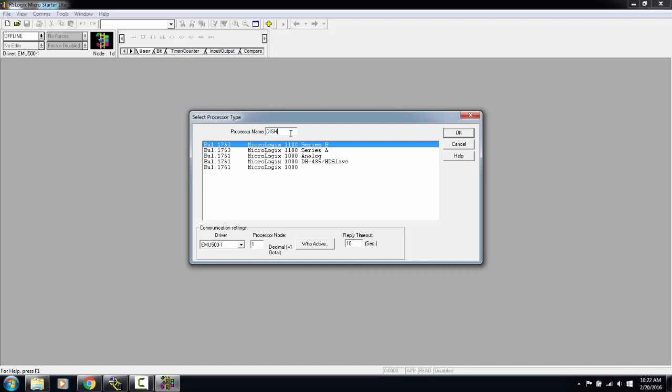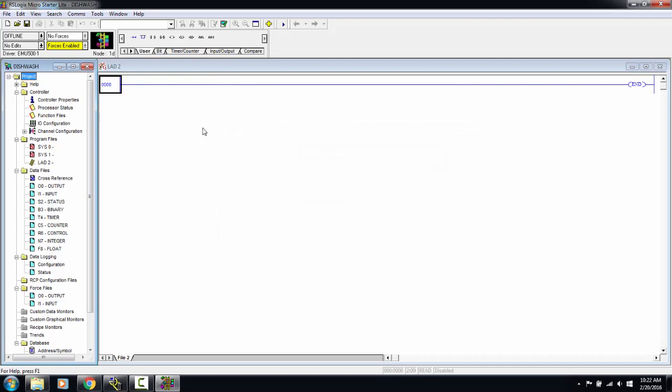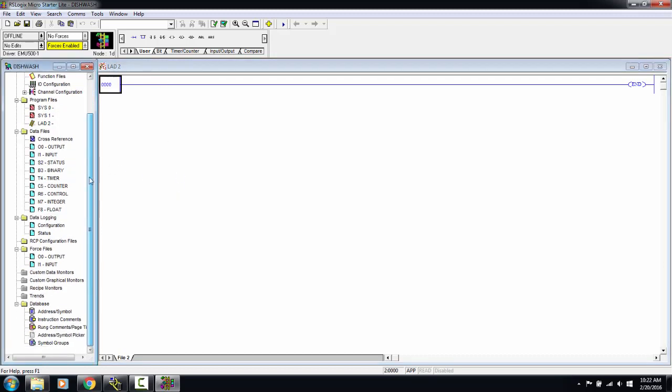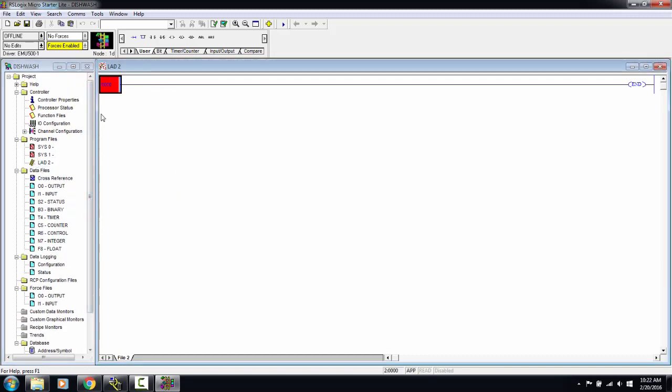So we're going to call this controller dishwash. And we'll just select the default processor there, the RSLogix 1100 Series B. Select OK. It brings you to this first ladder, which every program has by default. But there's no logic, no additional ladders. It's just this ladder 2. Alright, so the first thing